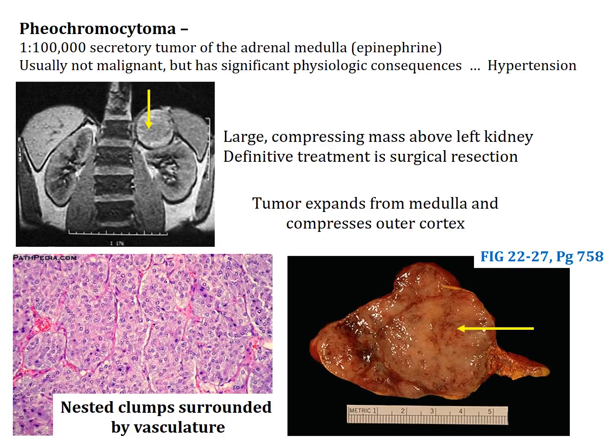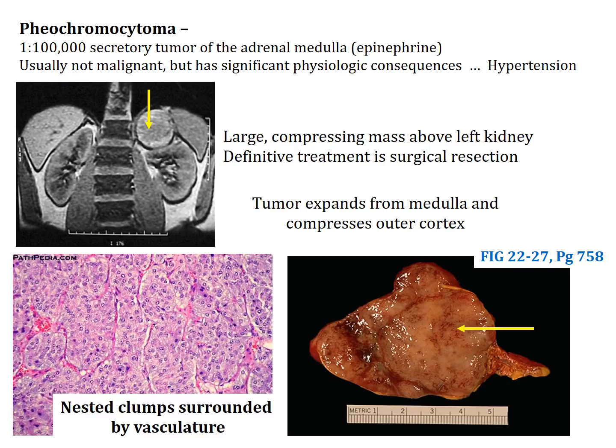Okay, that's the normal physiology. Let's talk about one pathology of the adrenal gland, and that is a tumor referred to as a pheochromocytoma. I'm sure some of you have seen this. A pheochromocytoma is relatively rare, estimated that about 1 in 100,000 people have this tumor. It's a secretory tumor of the adrenal medulla. So what does the adrenal medulla normally synthesize and release? Catecholamines, right? So if this is a secretory tumor of the adrenal medulla, what would you expect this tumor to be releasing?